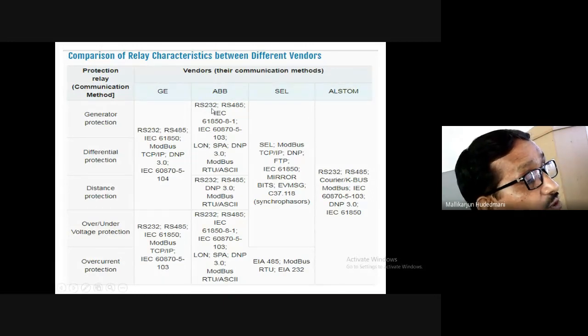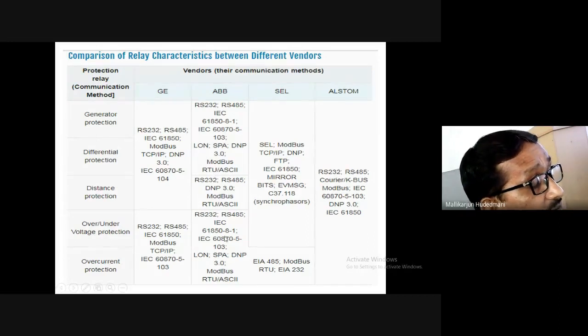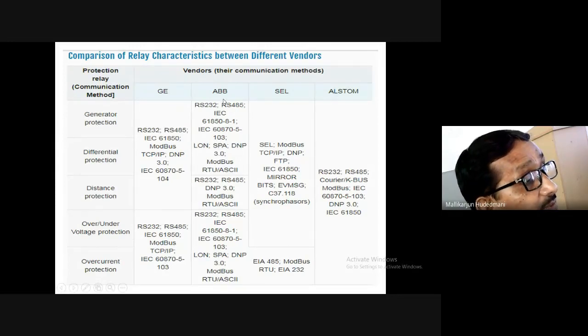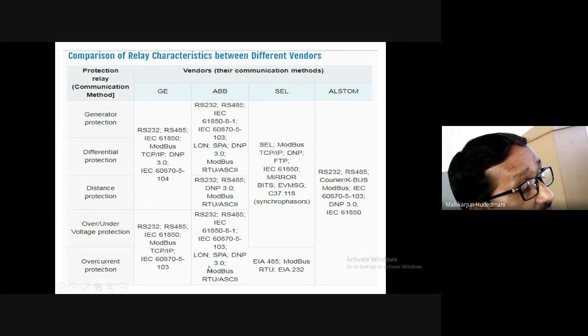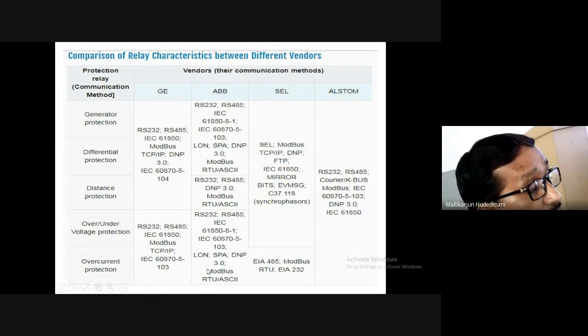You can see RS-232 serial, RS-485 serial, point to point, IEC 101, 103, and local area network, distributed network protocol, Modbus, RTU. So many things are mentioned here. Specific to their product, they are using standardized protocols for which the communication should take place for a certain application like this. ABB is a big player presently in the global market. ABB's products are running at a very large extent and many more.